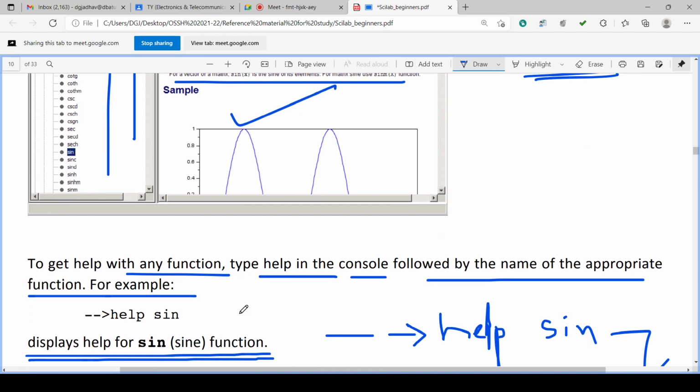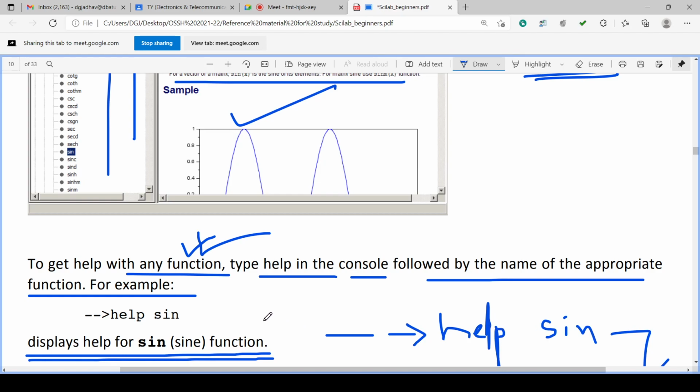Suppose we have to get directly the help on a particular function. We know the function. Suppose it is the sine function, sin. In Scilab there is a sin function. That information we already have, suppose.